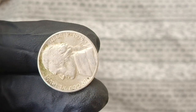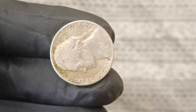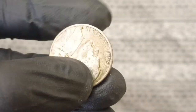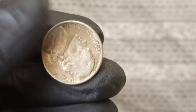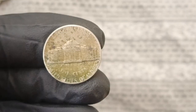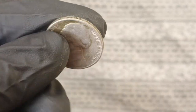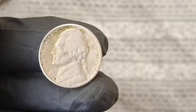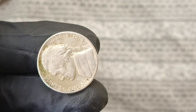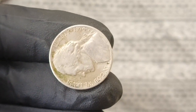Coins that become the subject of viral stories or legends, whether through internet forums, television specials, or YouTube videos just like this one, often attract a level of attention and hype that leads to collectors outbidding each other out of sheer desire to own a coin that has entered the collective consciousness, and in the case of the 1974 D Jefferson nickel, that consciousness is increasingly aware of a few ultra-rare specimens with multiple confirmed minting errors, unusual visual appearance, perfect strike quality, and unique combinations of features that exist nowhere else in the known coin population, and as the